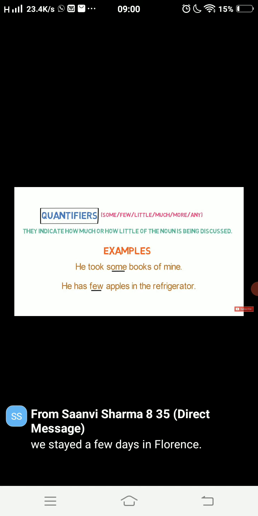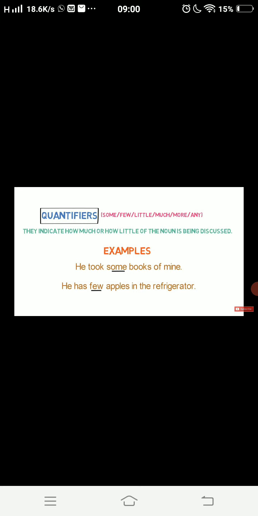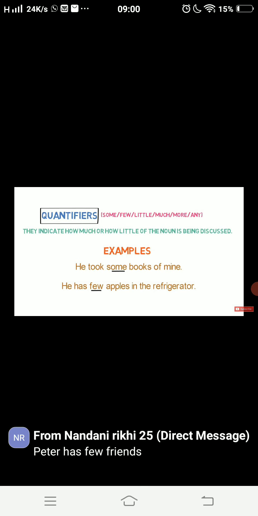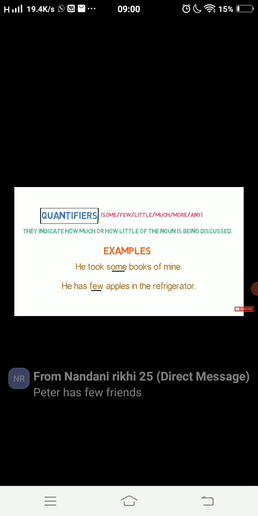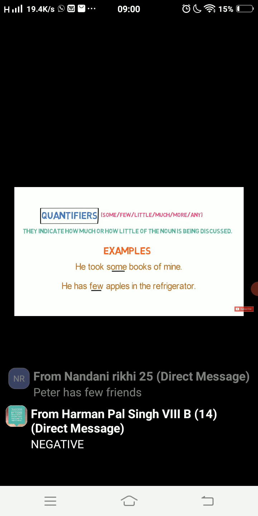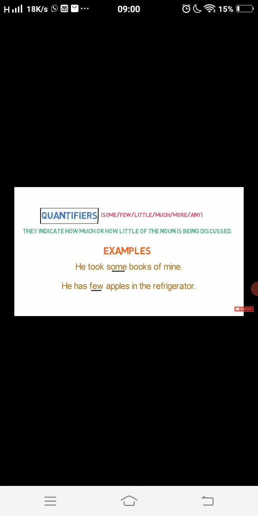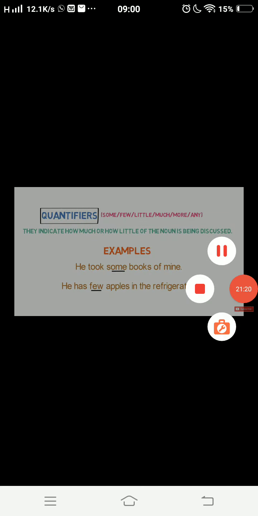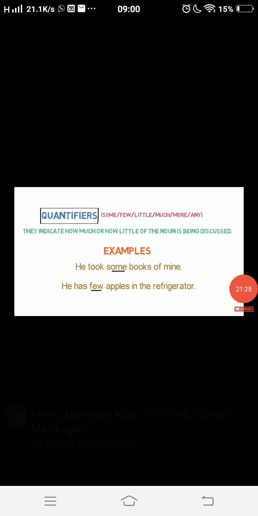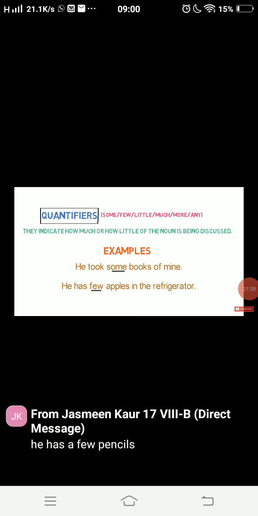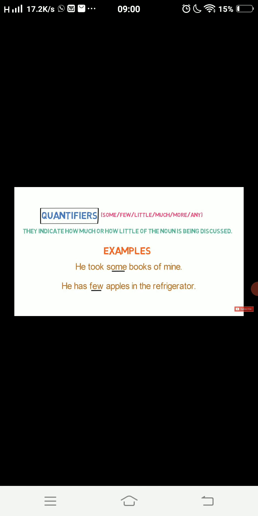Few people are free from faults. It means no, not one. Negative form. So it has a negative meaning. It means not many. And a few means at least some, a certain number. It has a positive meaning. For example, he has a few friends. It means he has friends. He has a few friends means he has some friends. And few denotes not many.